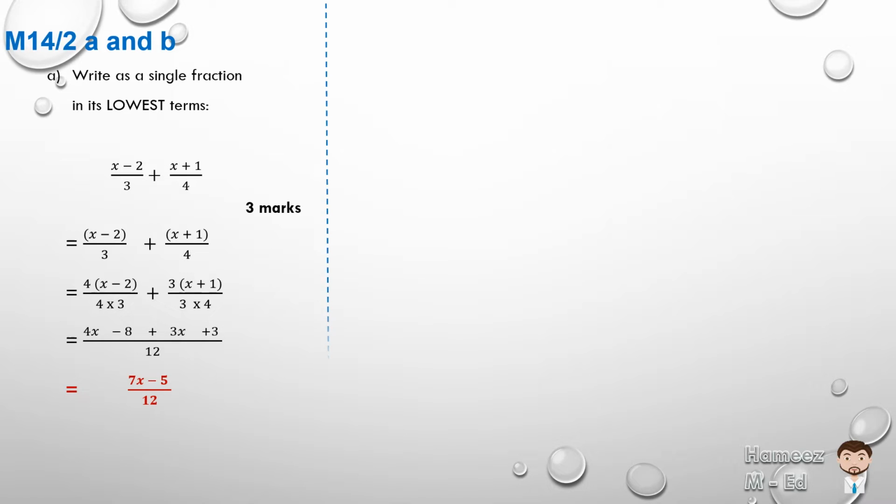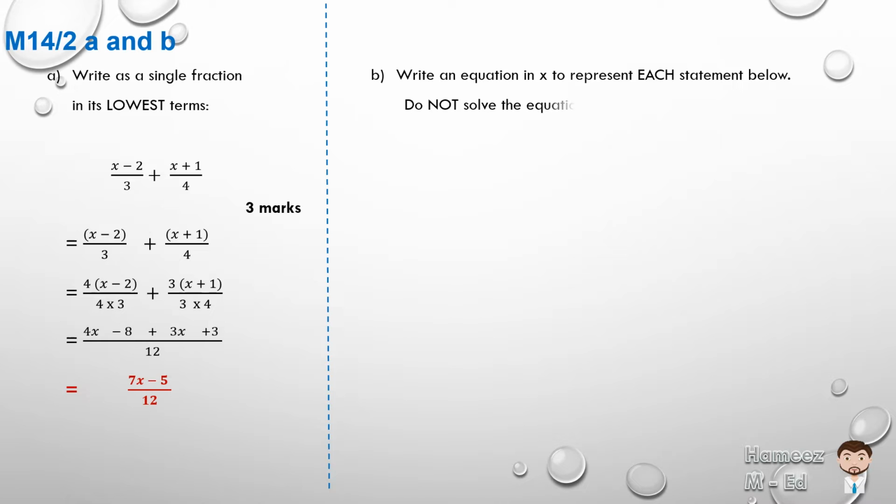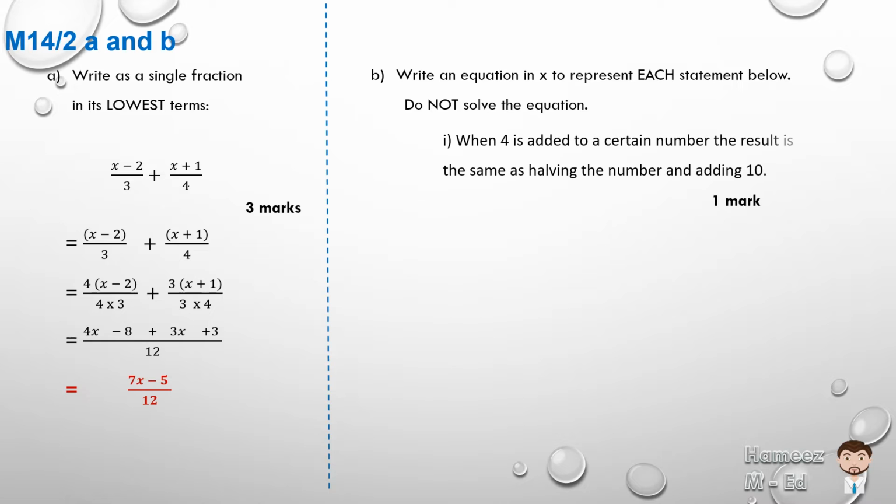Now for part B, write an equation in x to represent each statement below. Do not solve the equation. Part 1, when 4 is added to a certain number, the result is the same as halving the number and adding 10. Now if you notice, this question is only worth 1 mark,